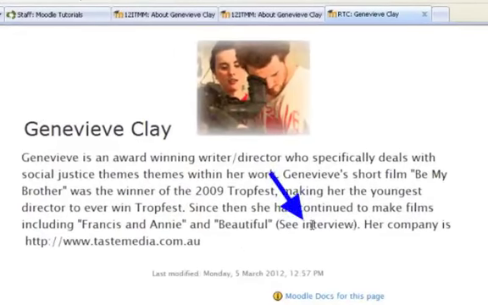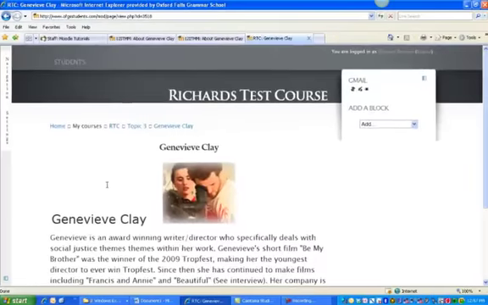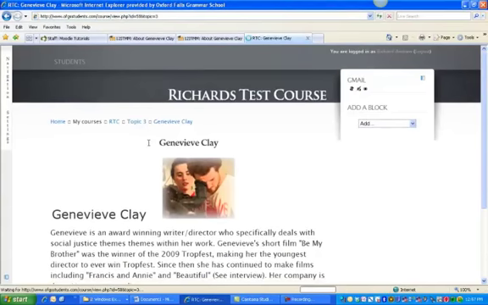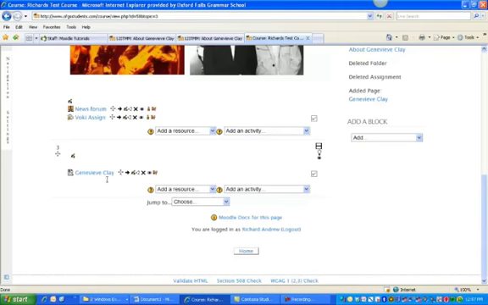So as when people click on See interview, they'll actually go and see the interview. It's a web page. And also hyperlink this text to her web page. So that's the next job. So at the moment I'm in the web page. We need to go back to the course. So I can go back to topic 3, which is where I came from, and I click the edit button